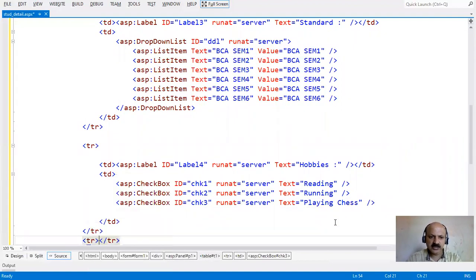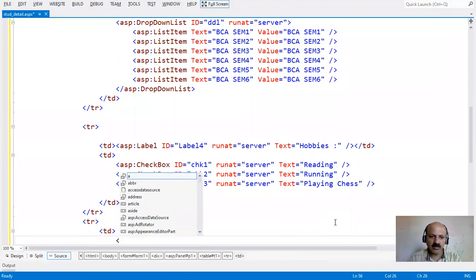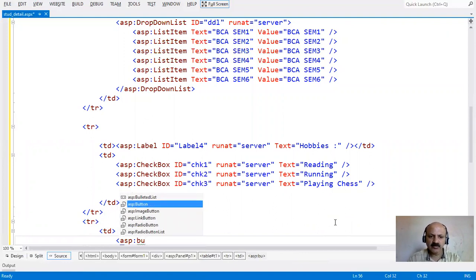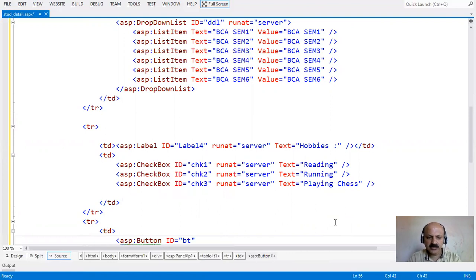Take the sixth row, and in that row we have to take only the submit button for our student form data. So take one button with ID btn submit, convert it to server side and provide the text submit.